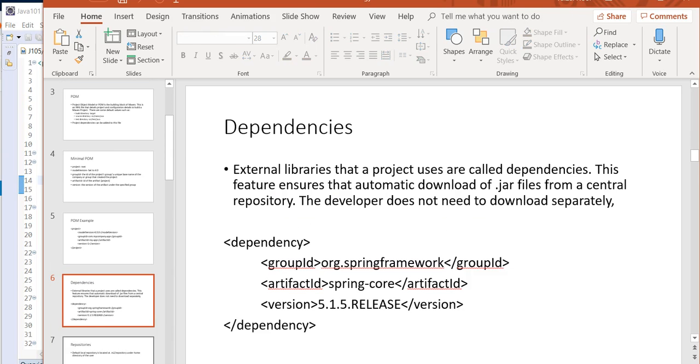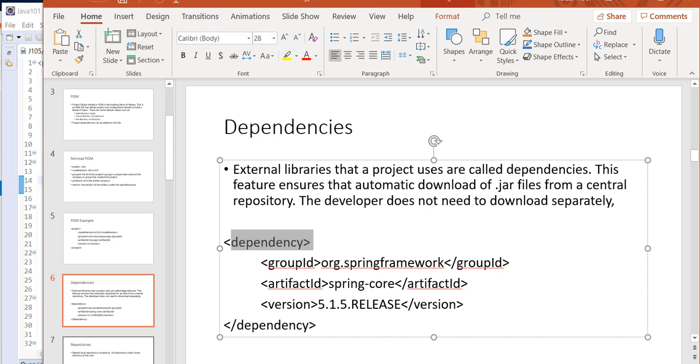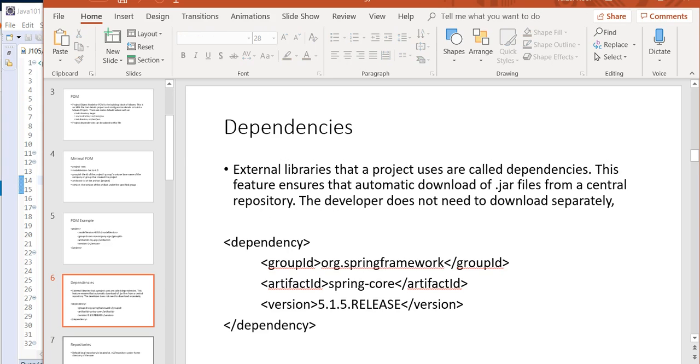And then within the POM we are going to define our dependencies. As I said before, the servlet.jar file we downloaded from the internet and put in our lib, but whenever we are creating a dependency with this tag, that means we are telling that we are going to have this jar file as a dependency of our web application. So what is a dependency again? The external libraries that a project uses are called dependencies. This feature ensures automatic download of .jar files from a central repository. The developer does not